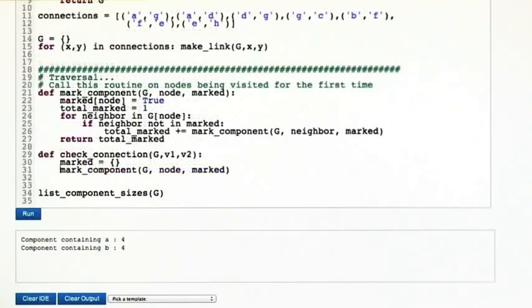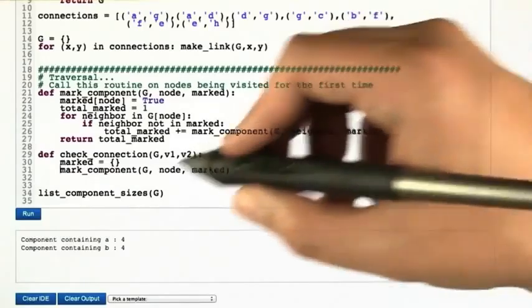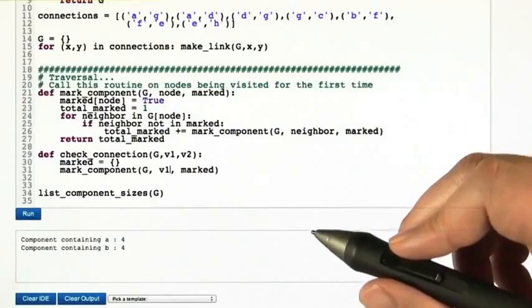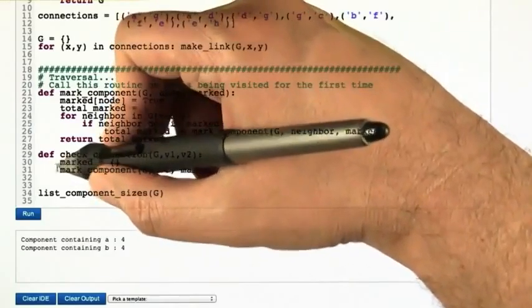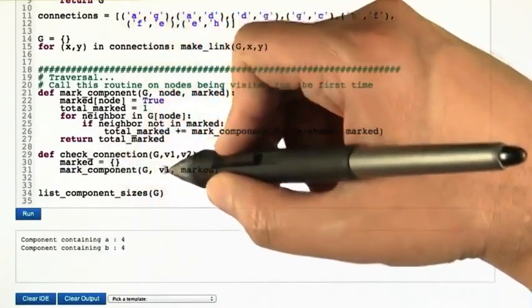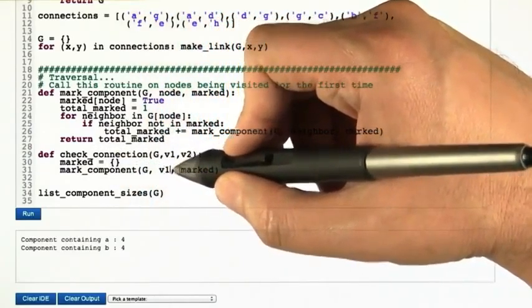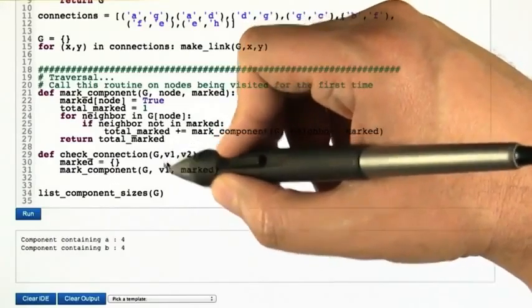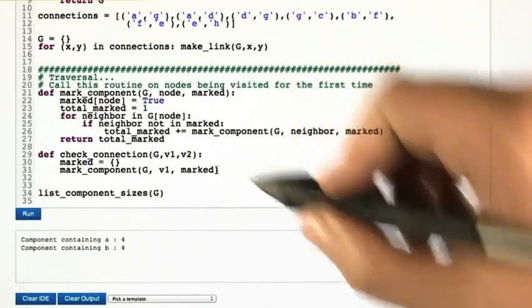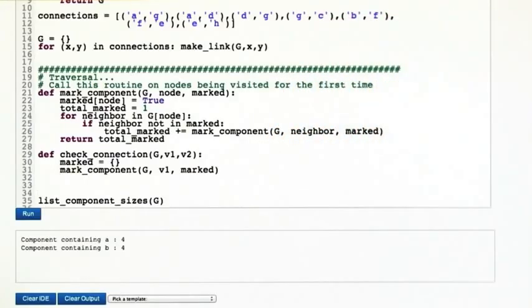Then we're going to call marked component on that graph, and the node that we're going to start marking from is v1. When this returns, it's going to return a number, but we're just going to ignore it. It's going to go through, starting at v1, and basically touch every node that can be reached from v1. And we want to find out whether or not there's a connection to v2, and that's really easy at this point. The answer is